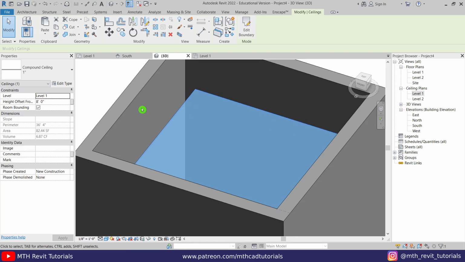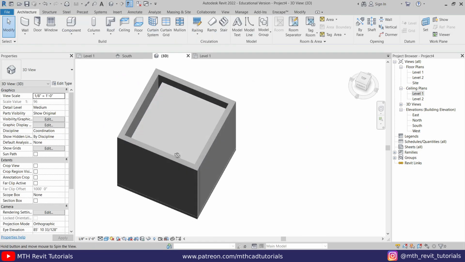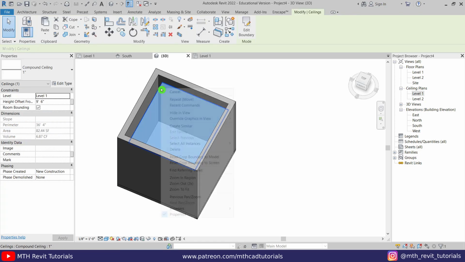Now let's change the height of the ceiling. So right now it's 8 feet. I will just make it 9 feet 6 inches from the floor. Perfect. Now let's hide this ceiling as well